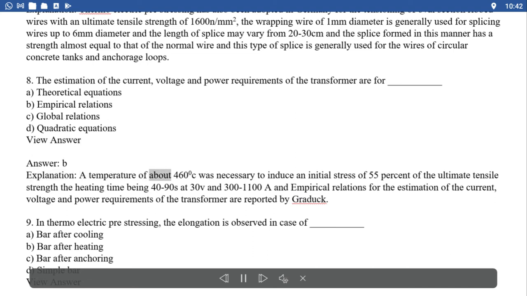A temperature of about 460°C was necessary to induce an initial stress of 55% of the ultimate tensile strength, the heating time being 40 to 90 s at 30 V and 300-1100 A, and empirical relations for the estimation of the current, voltage and power requirements of the transformer are reported by Graddick. 9. In thermoelectric pre-stressing, the elongation is observed in case of